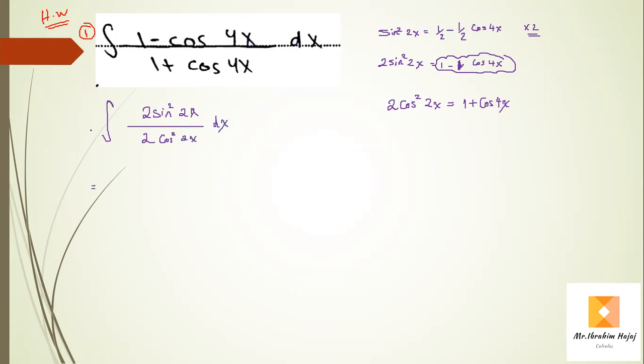Okay, and the next step, cancel out the 2's. Sine squared over cosine squared is tan squared 2x dx. Now it's equal to